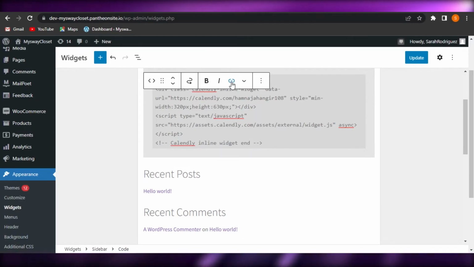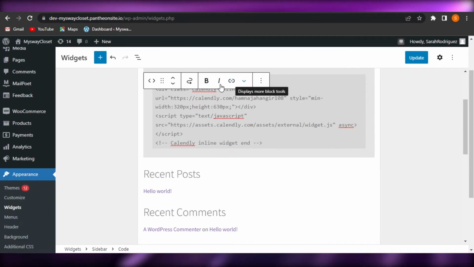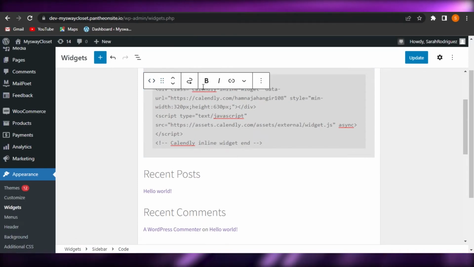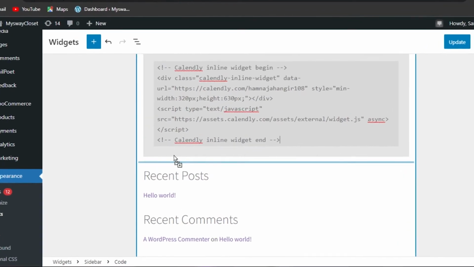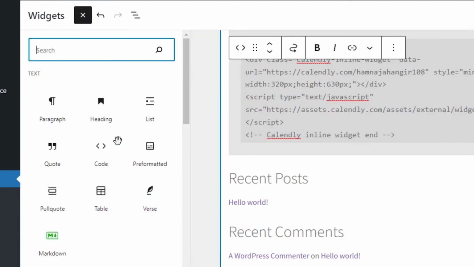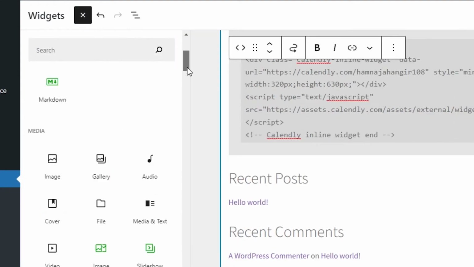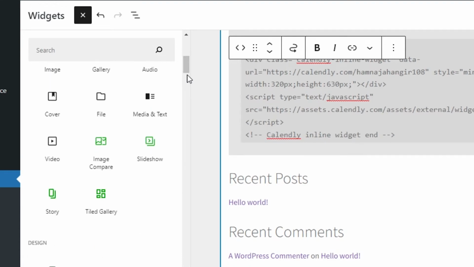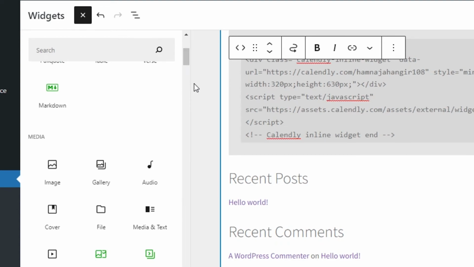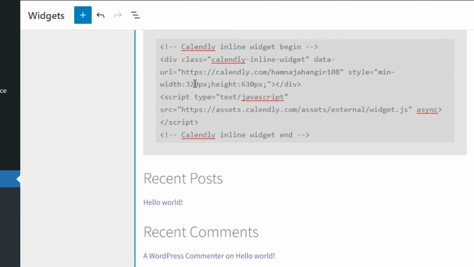We can also customize the link if we want to. We have other options given as well. You can see right here, code changes. If there are any changes you want to do, you can do that. We can also move our code across our website and place it wherever we want to add. What I would like to do is go to widgets. Whenever I embed a new software, I create a button for that on my website so that it's really very easy for my customers to approach it, and they will just click on Calendly and they will know,